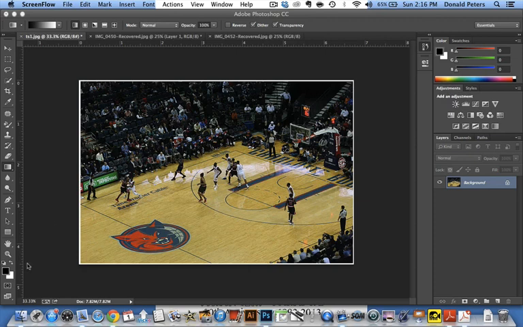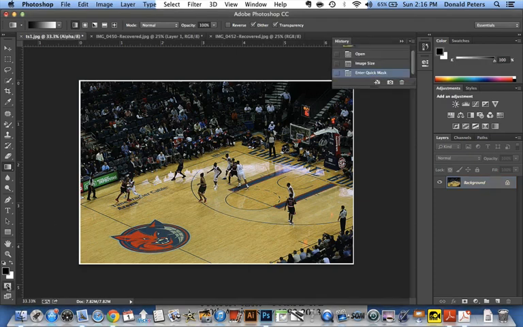Then the next thing we're going to do is enter Quick Mask. And then we're going to use the Gradient tool, which if you can't see it, it's underneath the paint bucket, right there. Gradient tool. Okay, and then I need to come in here and figure out where my center focus is going to be. So I'm going to draw a short line,